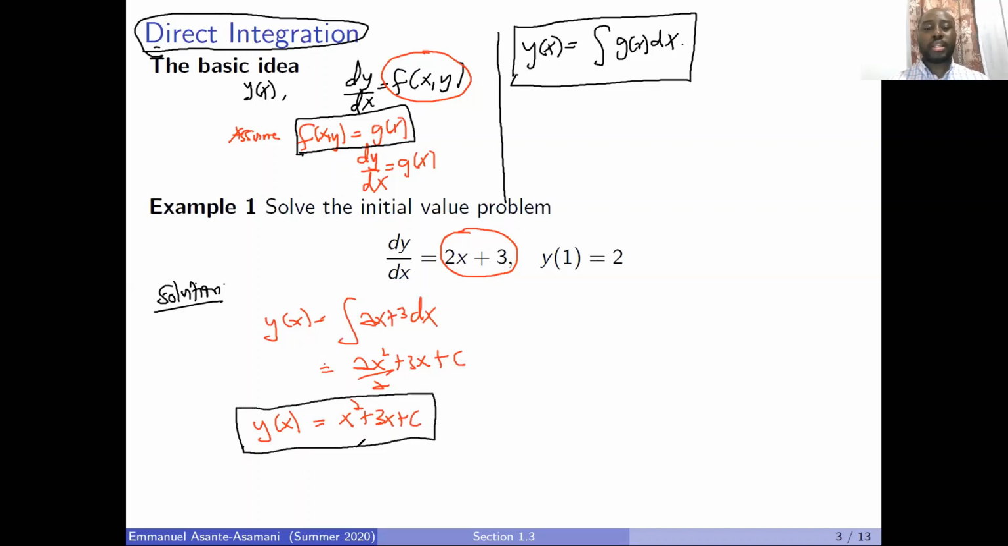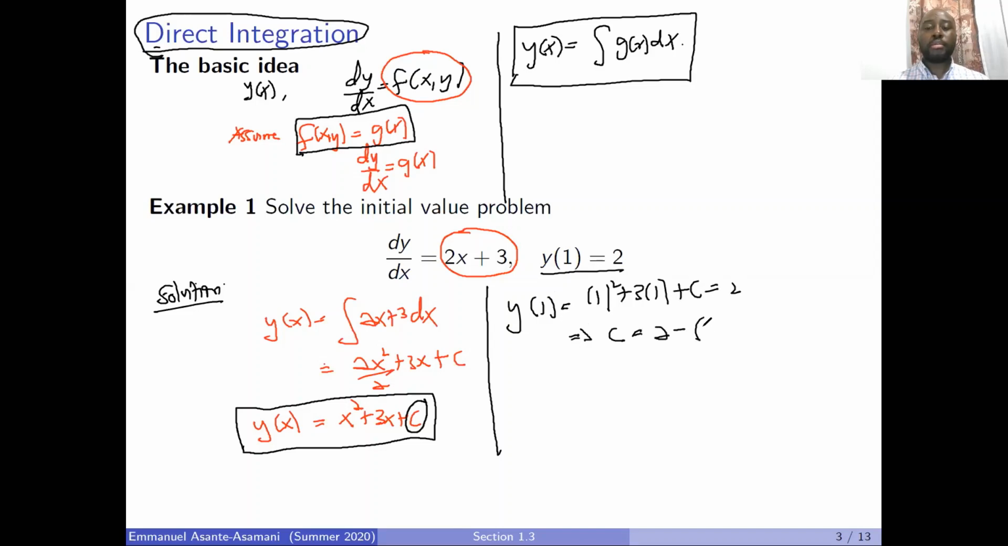Okay, now notice here that we have a one parameter family of solutions, so that by specifying different values of c, we can generate the general solution. All right. Okay, so now if we want a particular solution, we're going to apply this initial condition and say that we would like y when x is 1 to be 2, which means that 1 squared plus 3 times 1 plus c should be 2, right? And so that implies that c is 2